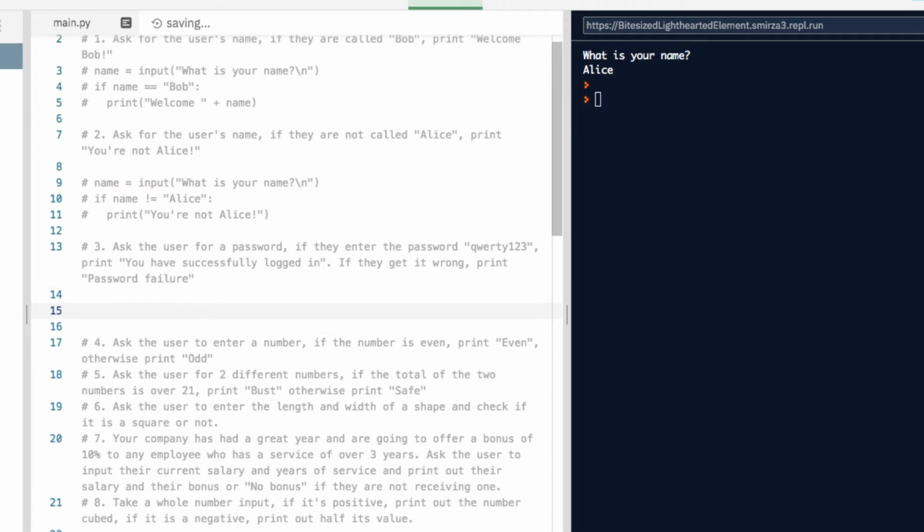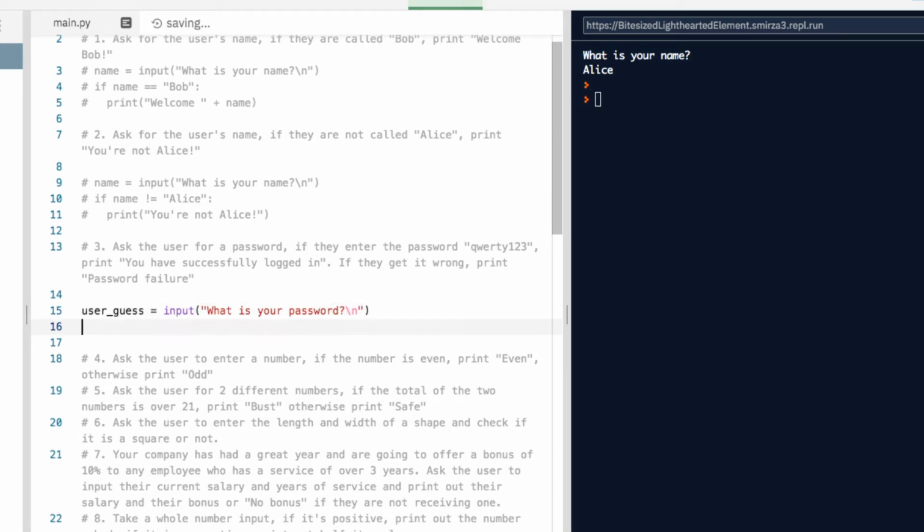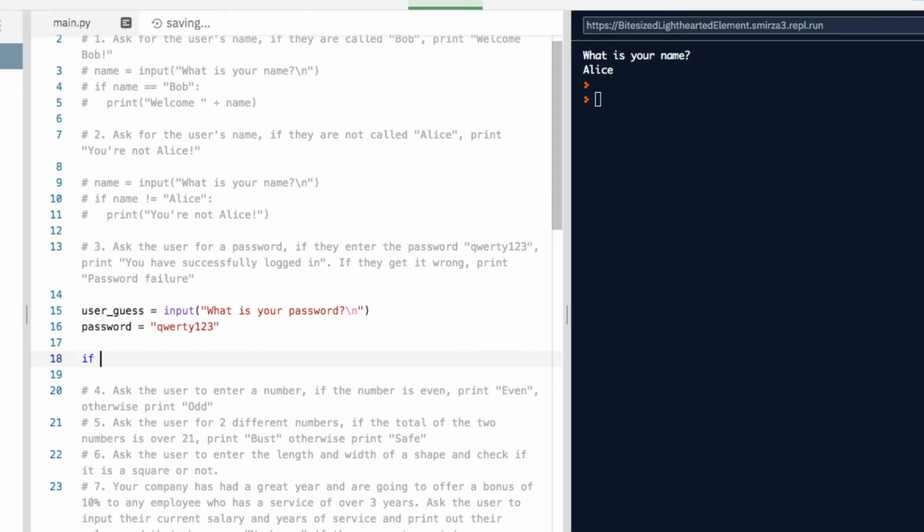Next, we're going to ask the user for a password. If they enter the password QWERTY123, print you have successfully logged in. If they get it wrong, print password failure. So the first thing we need to get is an input. So I'll call this variable user guess because they're going to be guessing their password. And I will ask them the question, what is your password? Then I'm going to hard code the actual password variable because we've been told in the question that the password is QWERTY123. And now I'm going to ask if the user's guess is the same, so a double equals password,